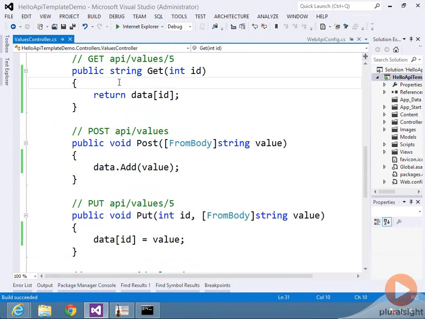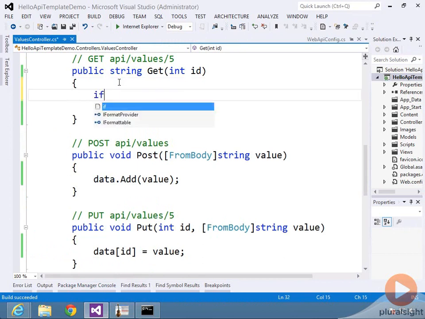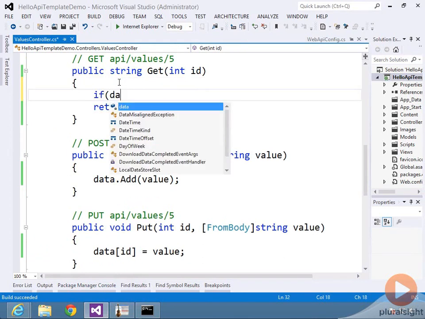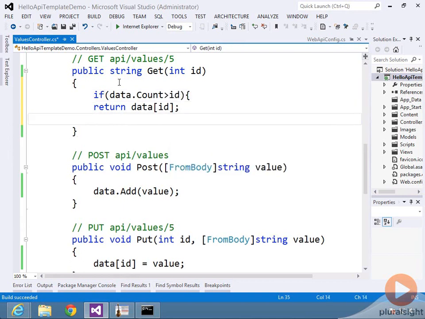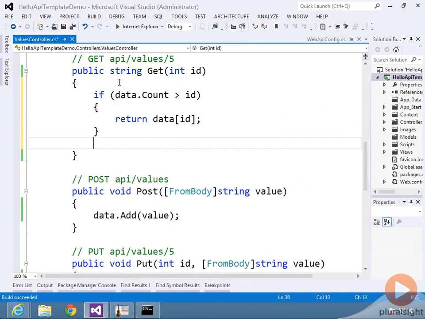I should say if at least data.count is greater than ID, then return ID. Otherwise, I should do something else. And what I really want to do is I really want to return a 404. Now, if I want to return a 404 sometimes and a